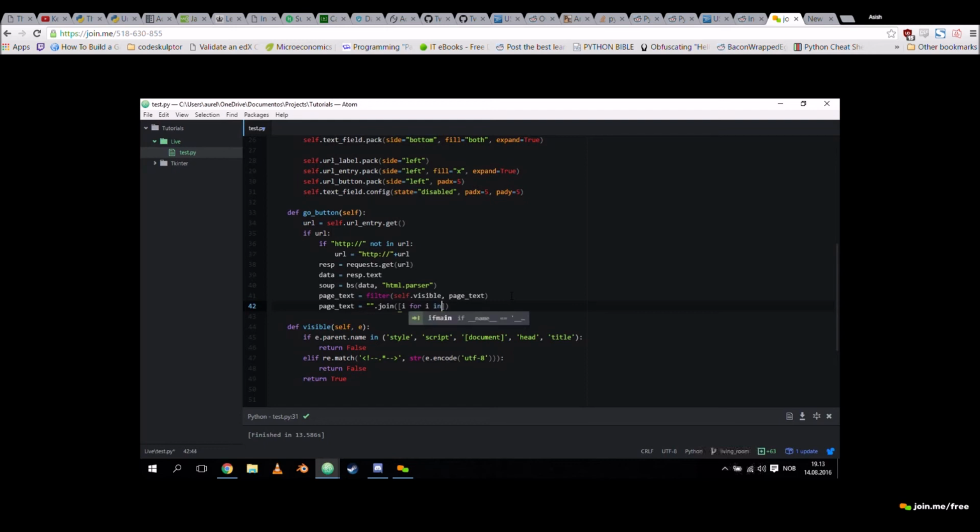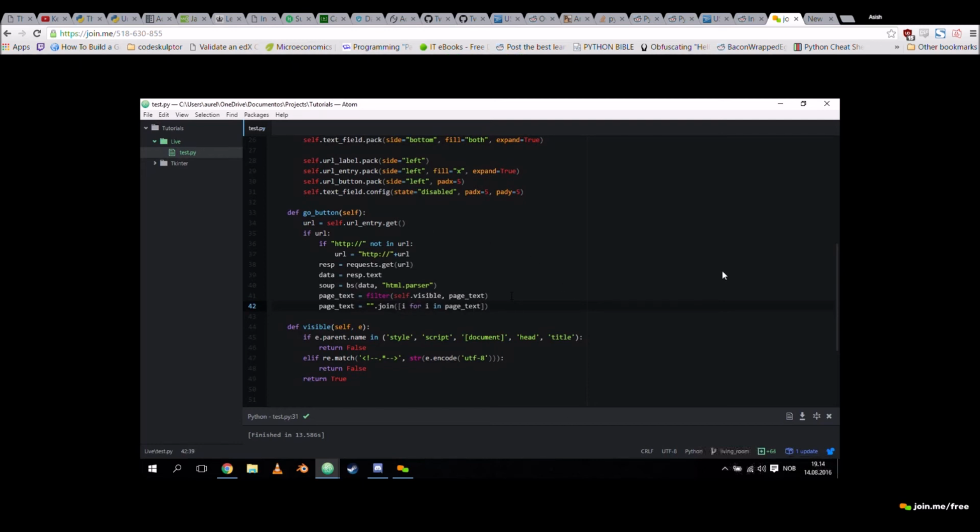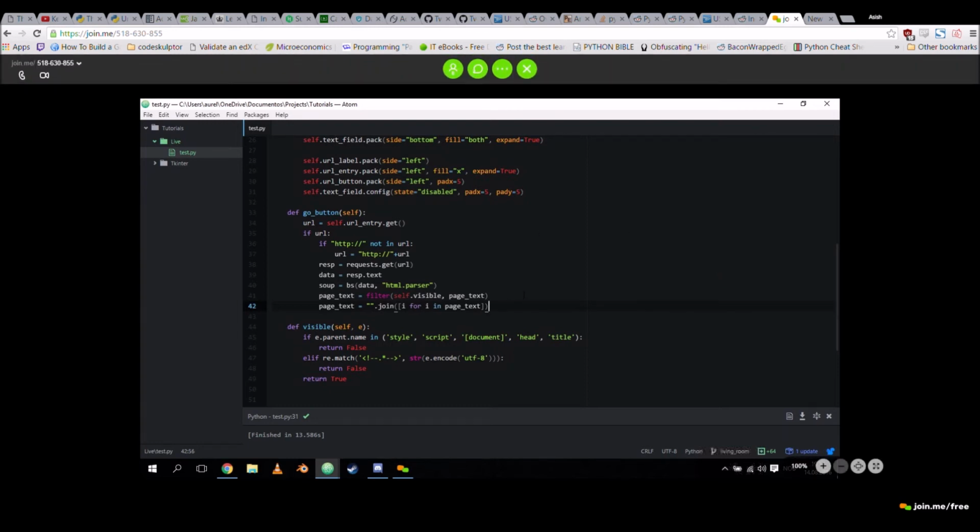I for I in page text. I think I could do without making the list, right? You do need the list. You do need it? All right. Let's do it like that. I think I actually tried that before, and it didn't work, so you might be right. You can also do it with any iterable.